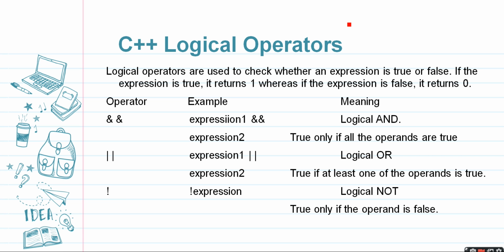Only two possibilities are there, true or false. If some expression, let's say 3 is greater than 5, what is it going to return? It is going to return false. But if I apply the exclamation mark, the logical not, it is now going to return true. Previously it was false, but after reversing it, it is going to return true. So it just reverses the value. If it is false, it returns true. If it is true, it will just reverse the result.